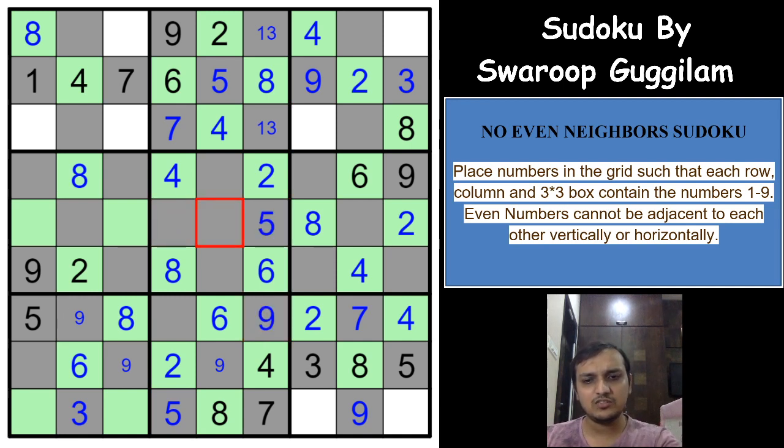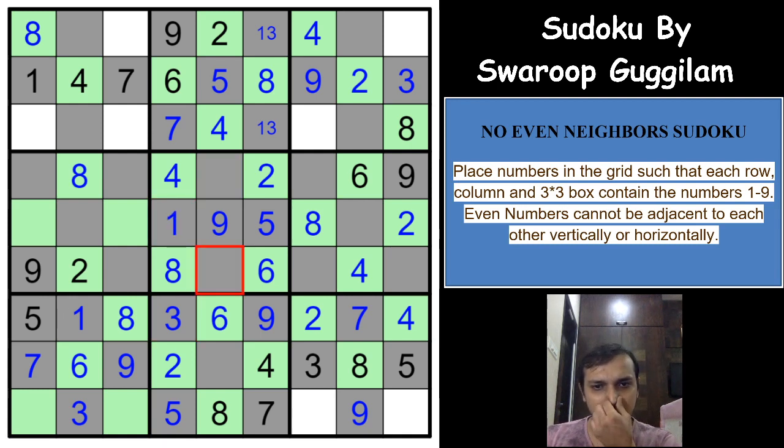Which means the only remaining cell for the 9 in this box is this place, and which gives a 9 here, right? And 1 and 7 have to be here. Because of the 1 we get a 1 here, a 7 here, and because of this 1 and 7 and 9 and 5 we get a 3 here, and you need to place 3 and 7 here in any order, we are not sure, which means this cell has to be 1, right?